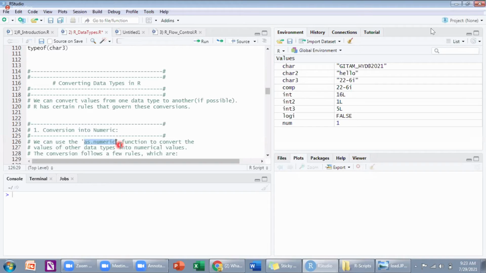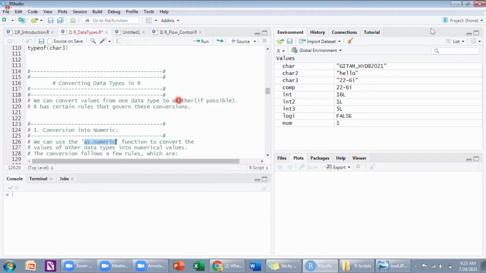Okay, just try to guess, ma, how can we convert an integer into numeric? An integer value can be converted into numeric using that function as.numeric. What will happen if you use the function as.numeric, how is the integer value converted into numeric? Suppose 16 is there as an integer. If I use as.numeric, what will happen? 16 will become numeric, 16.00. Yes, ma. Numeric means having a decimal value. So 16 becomes 16.00. Good.